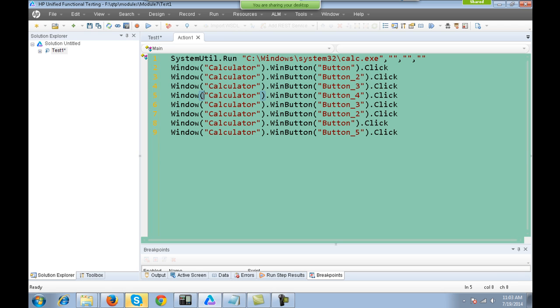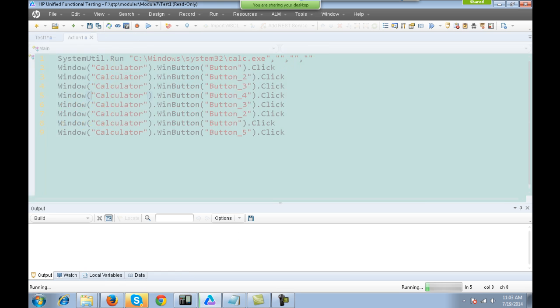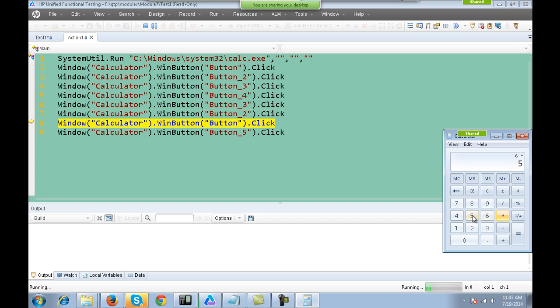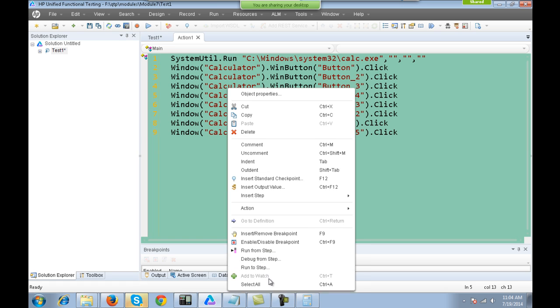You just click on the line from which you want to start executing and hit Control F5. Control F5 is the shortcut for running from step. I'll open calculator. You see that it starts running from that particular step. Another option is there, run to step. Right click, run to step,